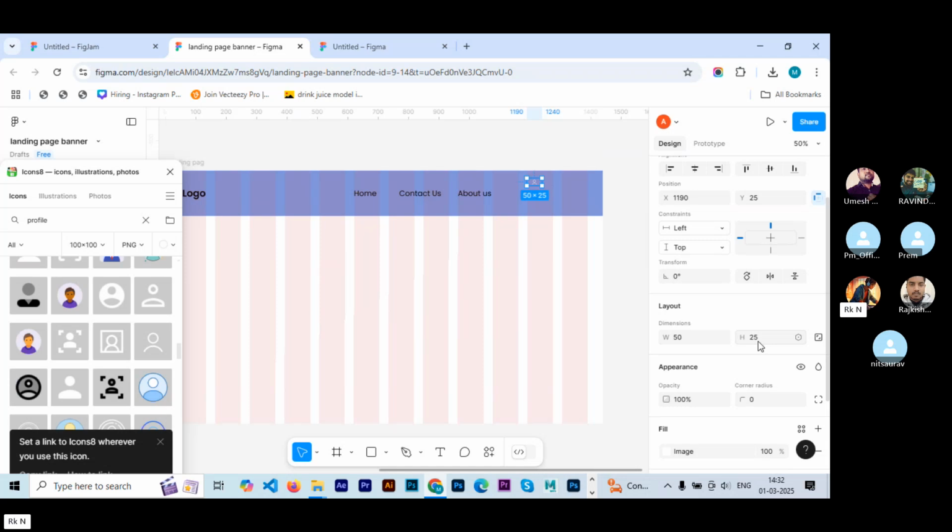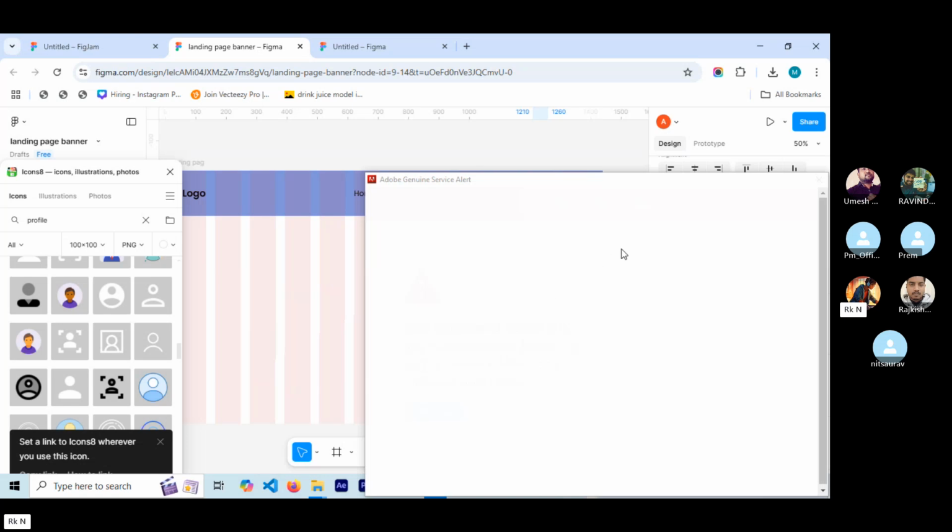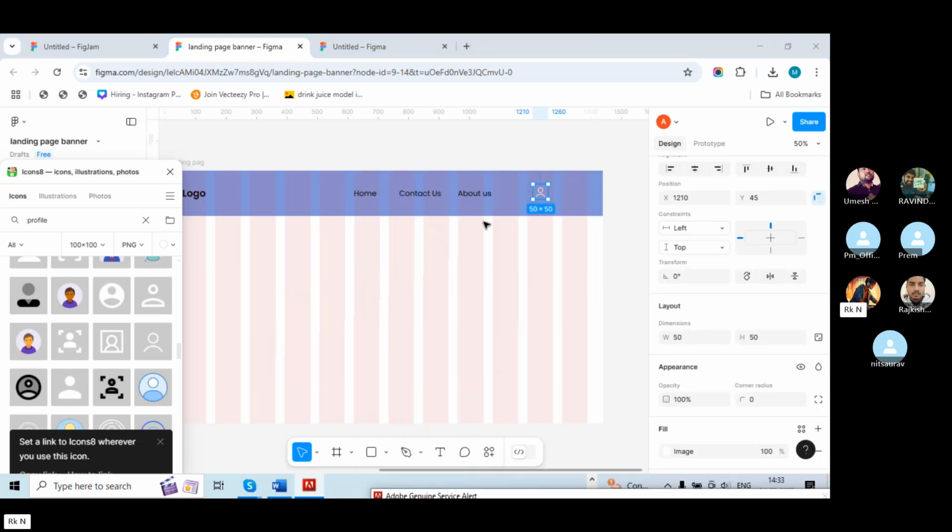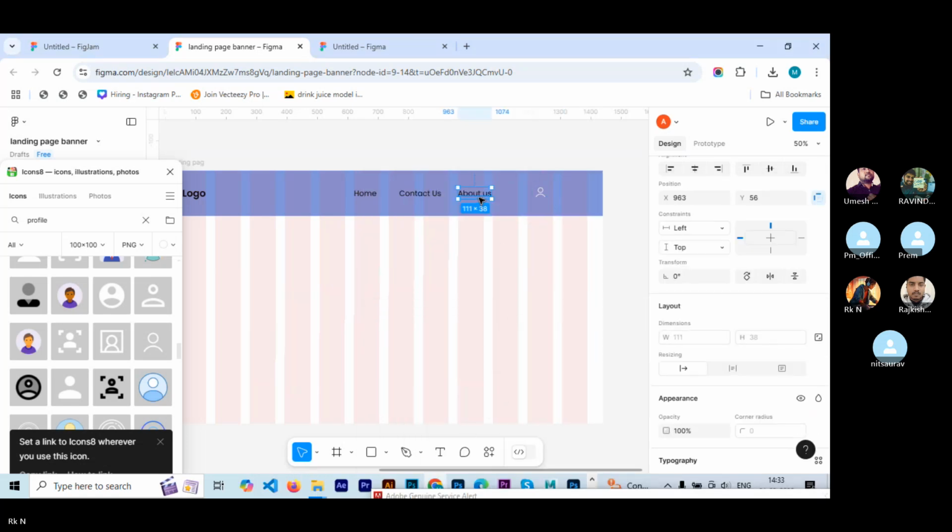इसको भी अनचेक कर देता हूँ क्योंकि मैंने एक बार चेक करके किया था तो वो 50% कम हो जा रहा था। ये हो गया। तो ये मेरा प्रोफाइल हो गया।